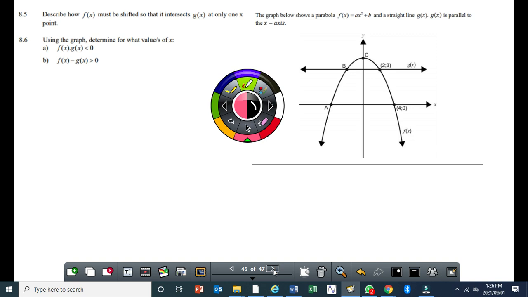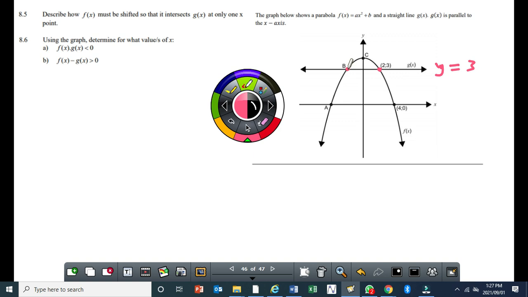What that means is, at the moment, the straight line y equal to 3 and the quadratic function are intersecting at 2 points. So the question is, how can we shift f of x, which is the quadratic, so that we will only have one